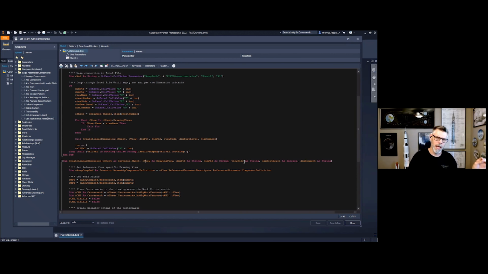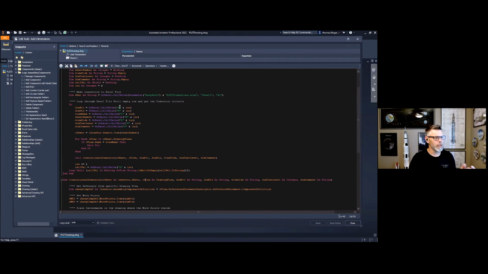Is it going to be horizontal, vertical, or aligned? What kind is it? And then do you want to add any comments to your dimension? Because that's a feature within Inventor when you create dimensions. You can give it a comment. So these are all the requirements for creating any given dimension in a drawing programmatically.